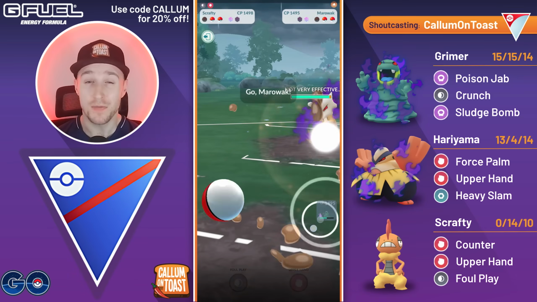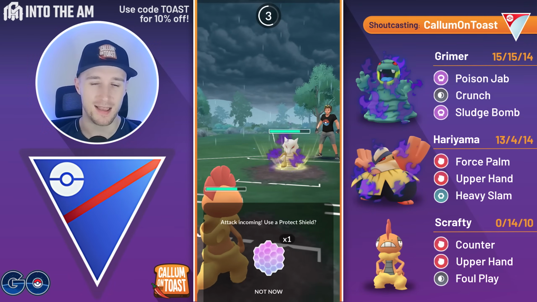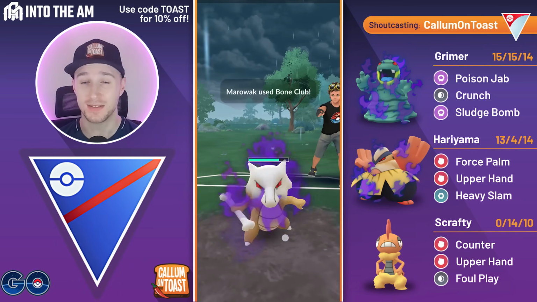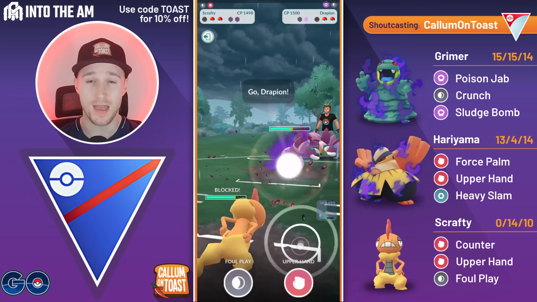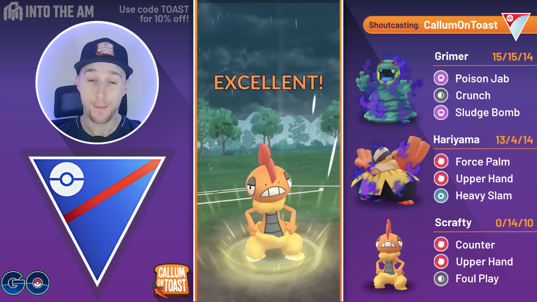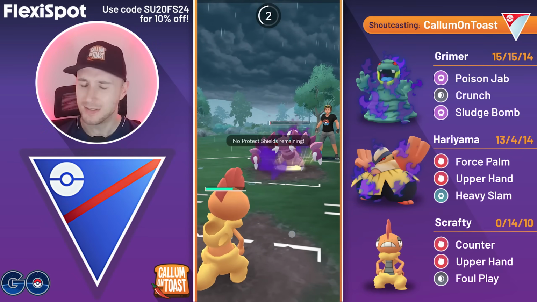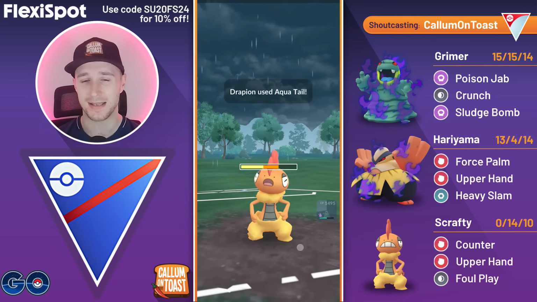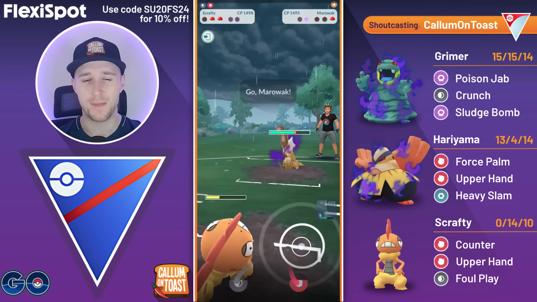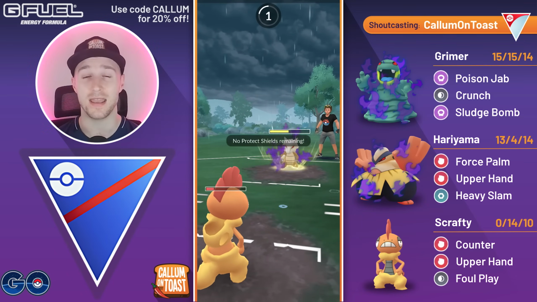The opponent's going to come in with a Shadow Kanto Marowak, so we come in with our Scrafty, and I am going to shield the first charge move here as once again Bone Club going to do more damage than anything a Shadow Drapion can throw. We fire off the upper hand here, and upper hand just barely does not get the KO, and as a result the opponent able to reach a last second Aqua Tail, and that is going to be huge for the opponent because now unfortunately we are in range where a single Bone Club will get the KO,